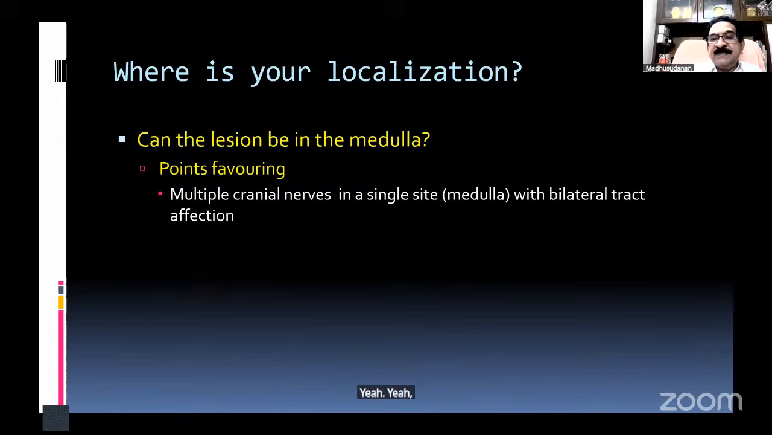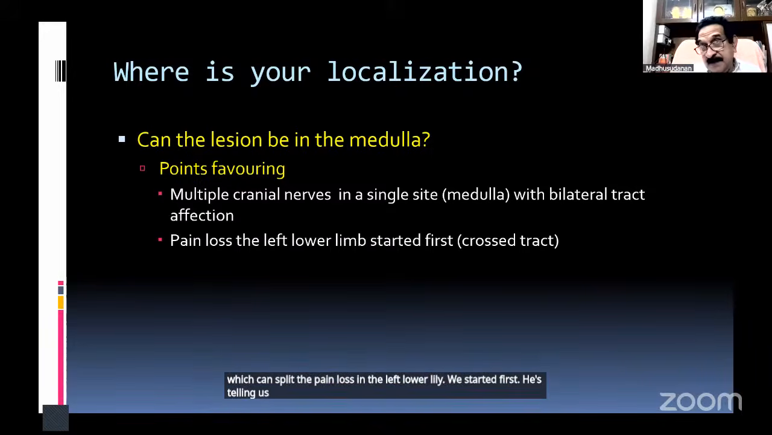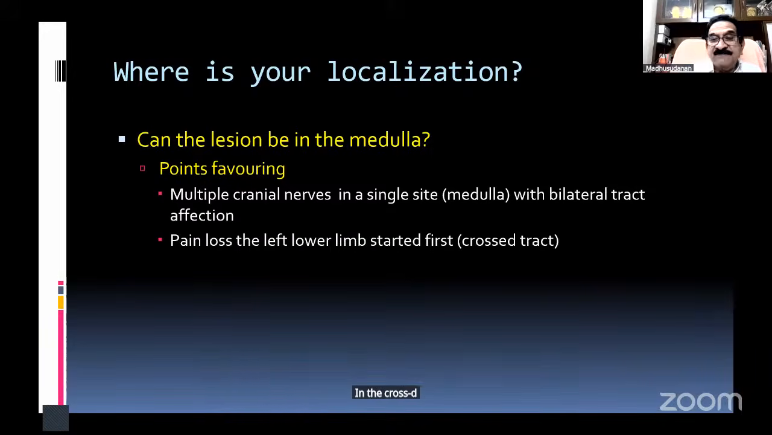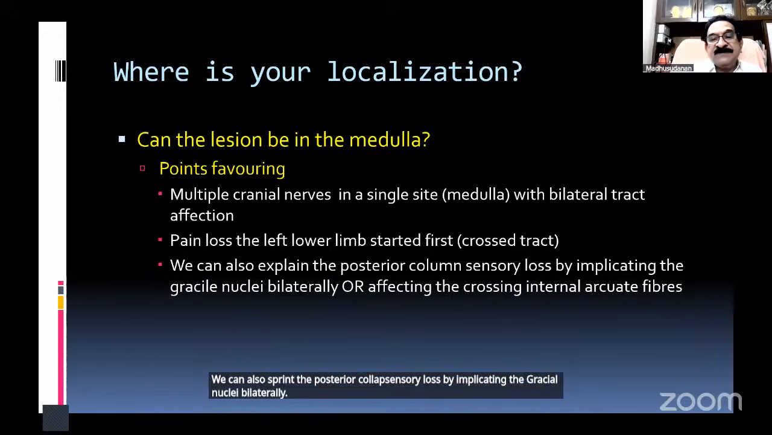Multiple cranial nerves in a single site with bilateral tract affection. Yes, good possibility. Which can explain the pain loss in the left lower limb, which started first. He's telling first started the left lower limb, when the cross tract is happening in the left side. We can also explain the posterior column sensory loss by implicating the gracile nuclei bilaterally or its crossing internal arcuate